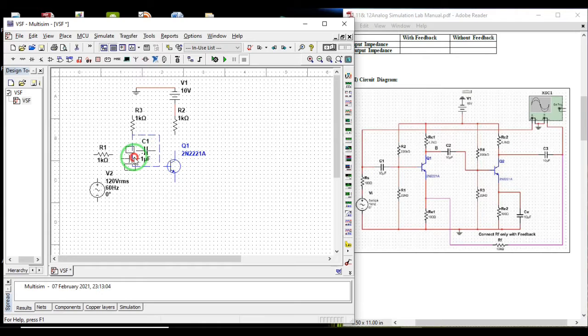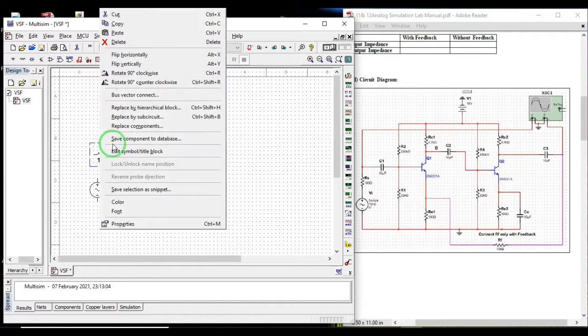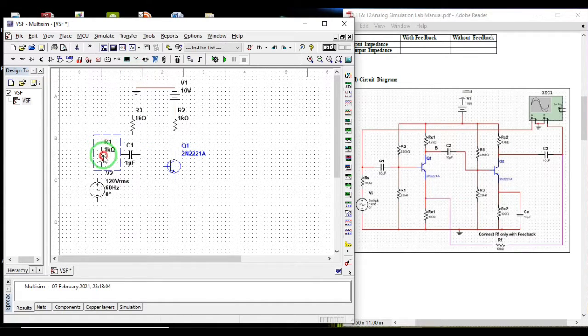This capacitor is here, and this capacitor should rotate clockwise, which will come here. I'll slightly adjust it. Fine. So we have a capacitor here. We have one more, I'm copying and pasting it.